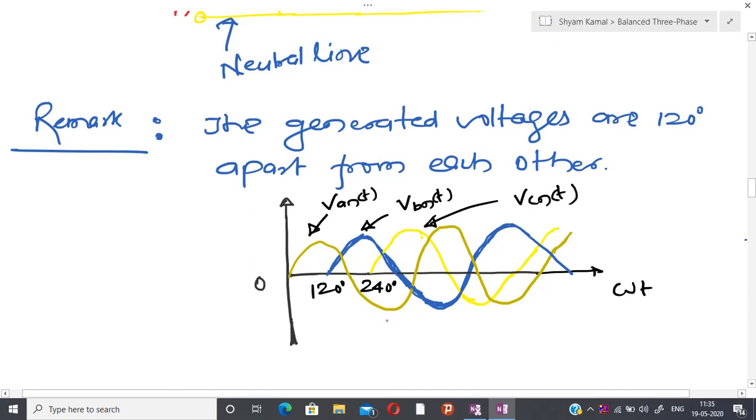Since each coil can be regarded as a single phase generator by itself, the three-phase generator can supply power to both single phase and three phase loads. Due to that reason, we have written the first point, that it is possible to interpret each particular coil as a single generator, and due to that reason independent supply is also possible.